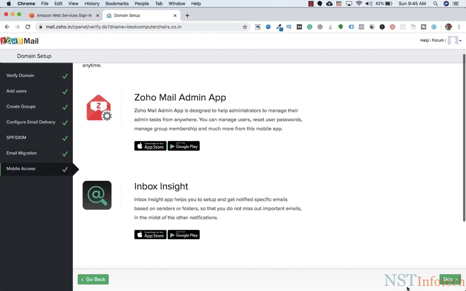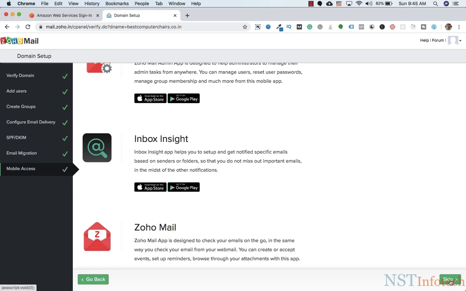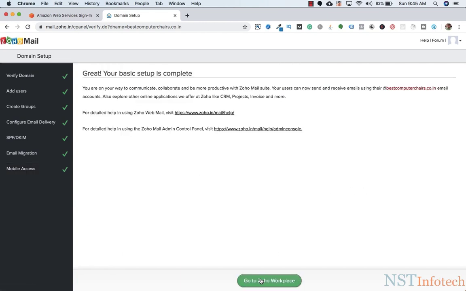and email migration we don't require, so let's skip this, and mobile access, okay, let's keep this as well. Okay, so now we need to go to Zoho Workplace,